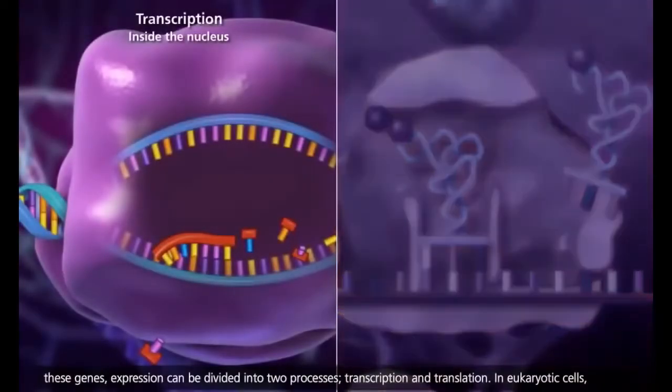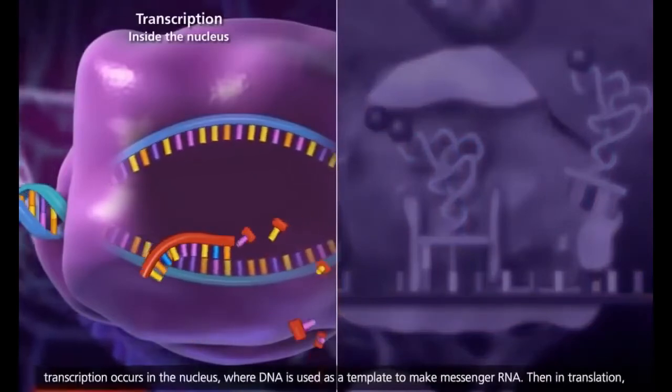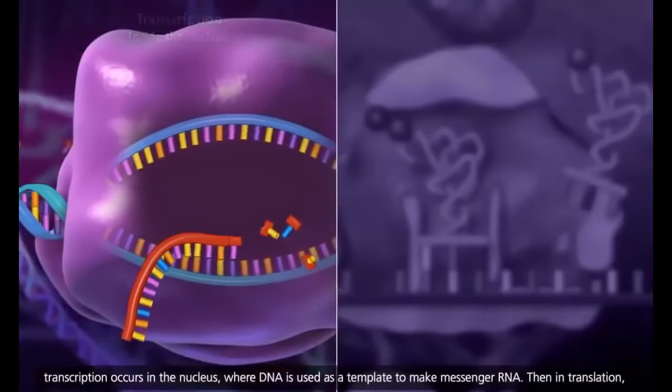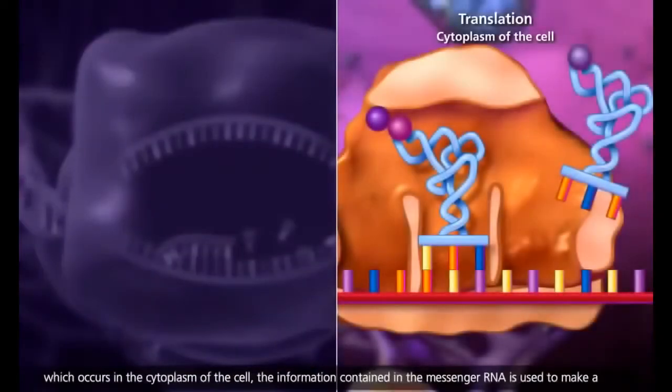In eukaryotic cells, transcription occurs in the nucleus, where DNA is used as a template to make messenger RNA. Then in translation, which occurs in the